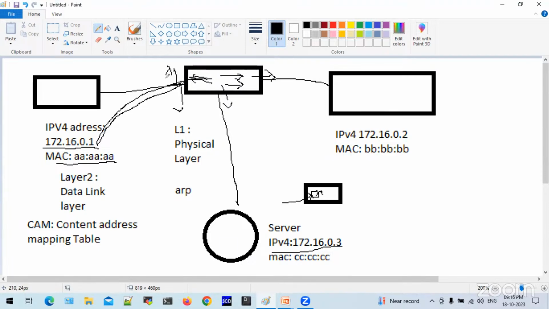The traffic has been incoming from port 1, so it will never send the traffic back to port 1, but the rest of the ports are flooded